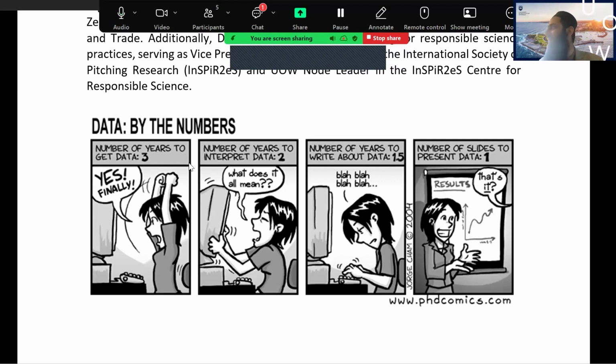But interestingly, what happens when you present the data in your research seminars? You present it only in one slide. You say, here is the data, here's the sample, these are the sources. Now let's talk about the research and your research findings. But the blood and sweat that goes into spending days and days, weeks and weeks, months and months downloading the data, cleaning it, and making it ready for your data analysis takes a lot of time. If not for all projects, at least during your PhD, you have to go through the data collection by yourself.